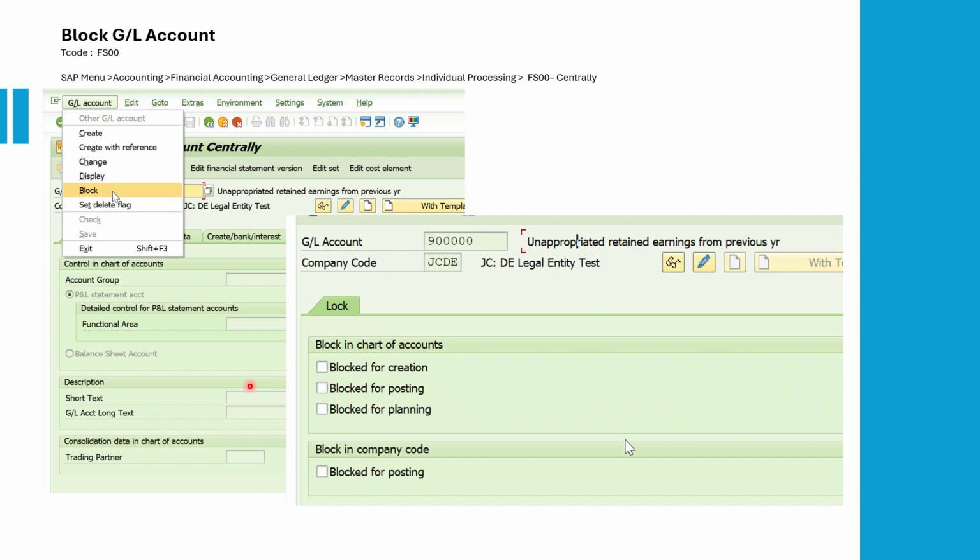Also, if you want to change the open item basis of an account, let's say at first it was set as open item managed, but you want to change it, then you also have to check that it should not have any balance and should not have any transactions. The important thing you have to understand is that for any GL account which has some posting or open amount on it, and you want to change some attributes on it, other than description changes and all,